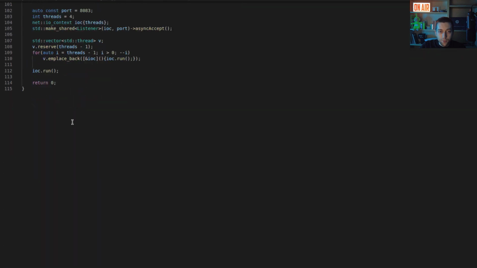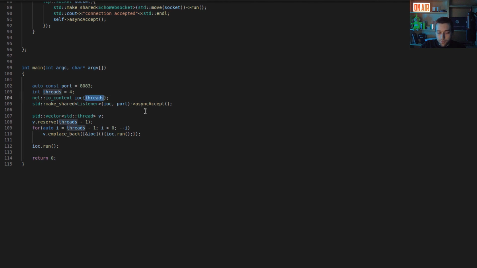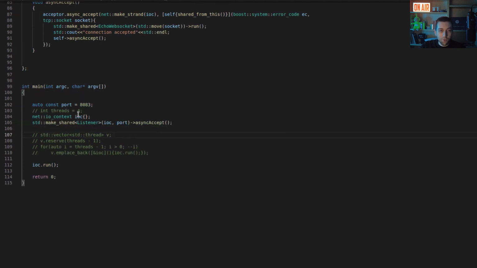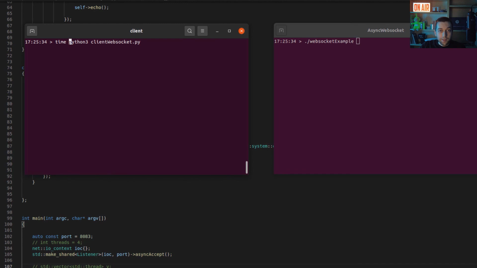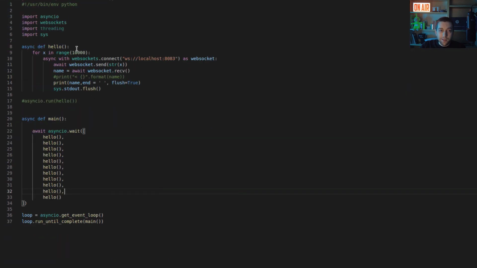Of course, I am not going to use more than one thread. I just want to use one single thread. That is why I want to remove this command here, and also this one. So I'm testing a single-thread asynchronous operation against a synchronous operation that spawns a thread to handle more than one client. It's quite a nice test, with a Python script which will increment the data, such as an integer, and send it to our server